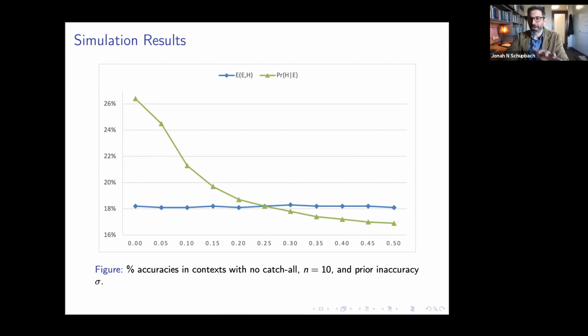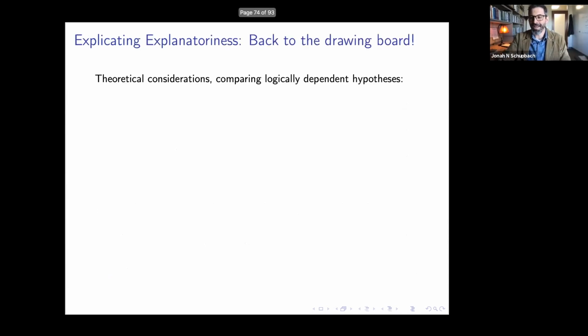Instead of doing that, though, we might go back to the drawing board. What we might want to do is try to look for theoretical reasons and similarity considerations about the notion of explanatoriness that would allow us to cut a middle path in between these two and balance them in such a way that we can have some other formal explicatum that hopefully does better across the board, or at least almost as good, if not better, across the board. And that's what I want to consider now with the last part of this exploration. So back to the drawing board.